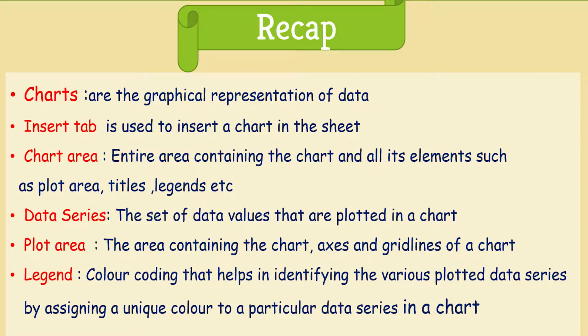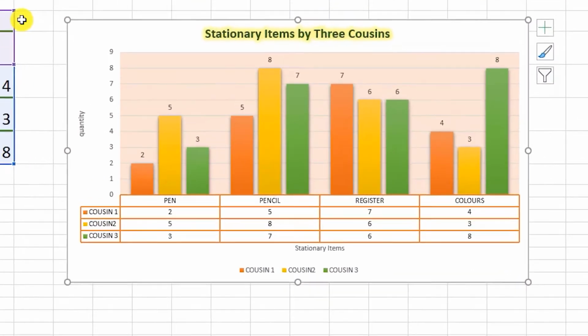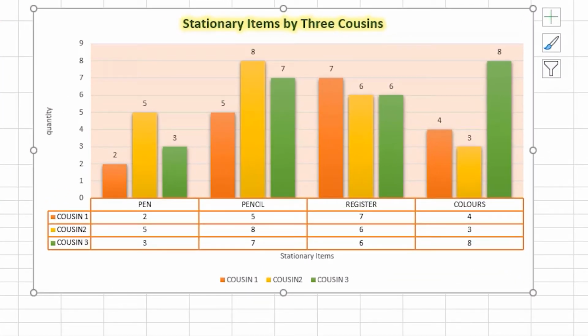So, last time you all helped beautifully the cousins in making their charts, in telling them how to draw a chart and how to label its various parts. So we had done the chart elements. Here is a look at the chart that we had created last time, where each cousin could find out what amount of stationery he had got.